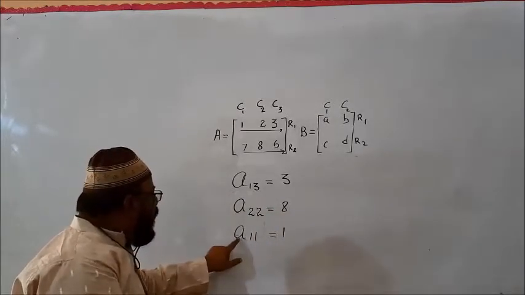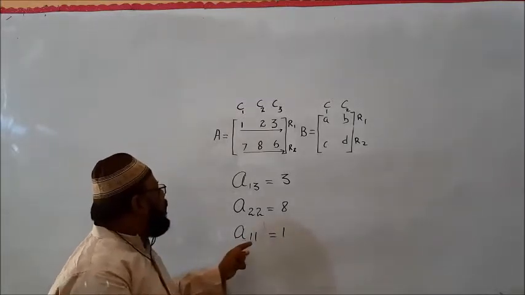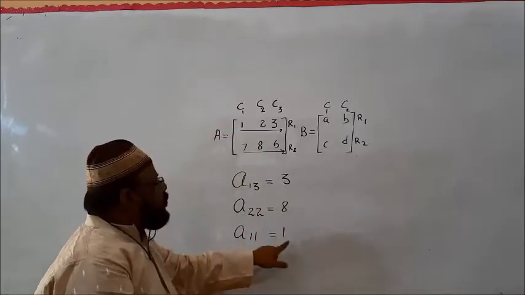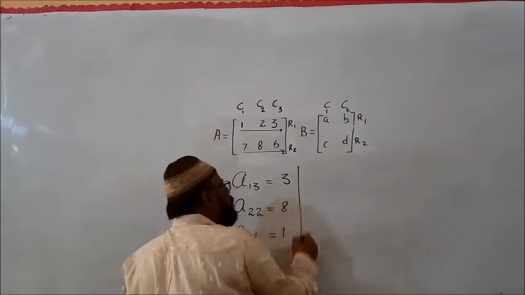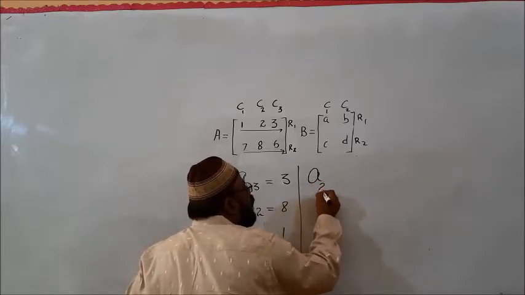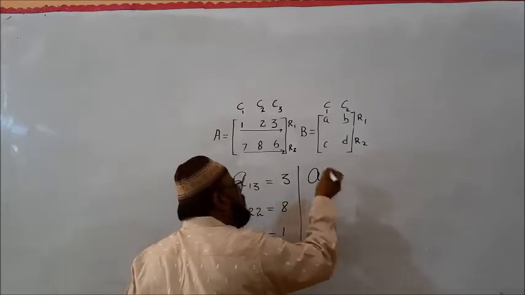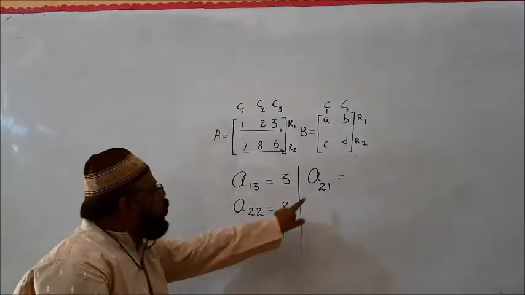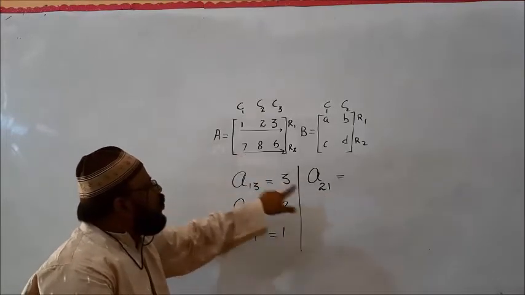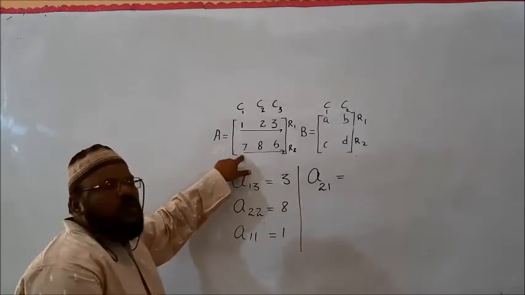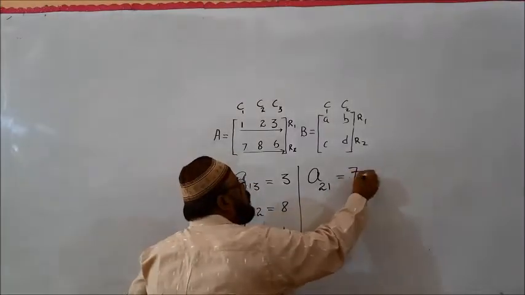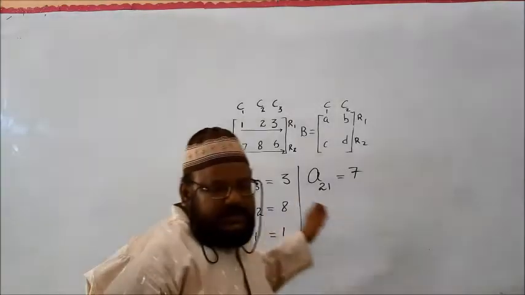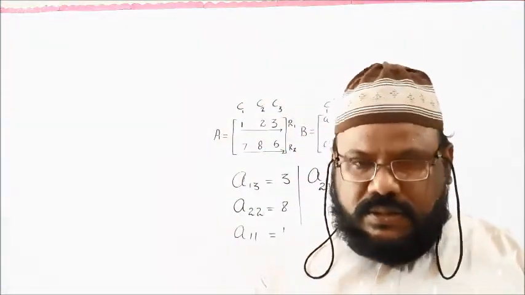I wrote here 8 and come to the A11. Row 1, column 1. I wrote here. For example, A21. What that means? A21. Row 2, column 1 means 7. You write 7 here, no problem. Inshallah, say it. You write